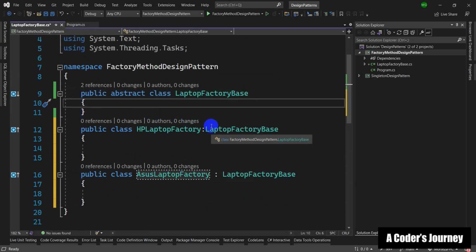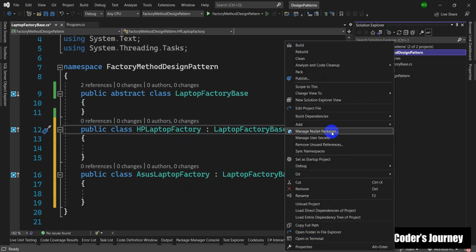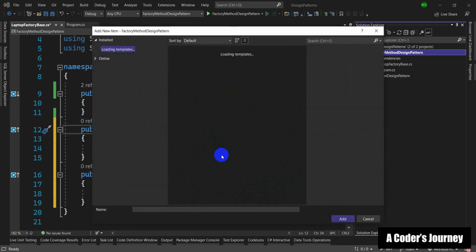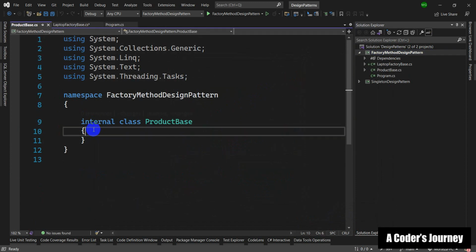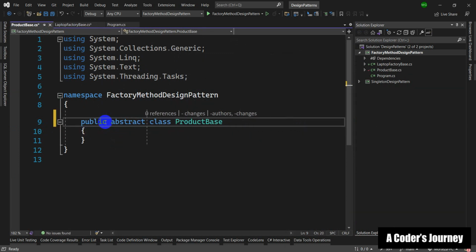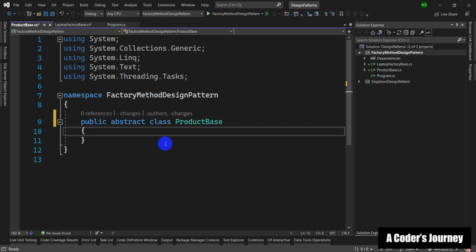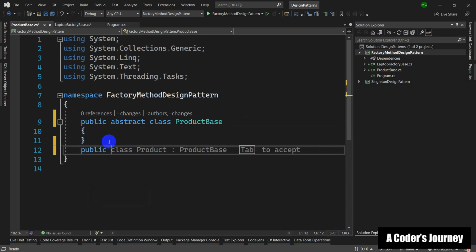Now, these factories will produce some products, right? So we will probably need a product class, a product base class. So let me go on and add a product class. I'm going to call it product base, and this will be again a public abstract base class, and I can have now different products. For example, I can have public class, I don't know, Asus model 123, which inherits from product base,